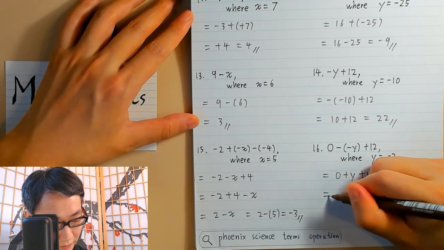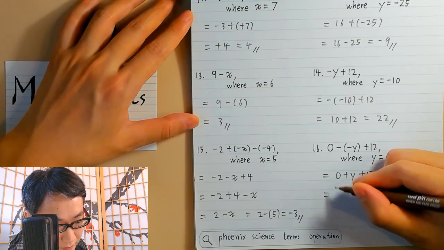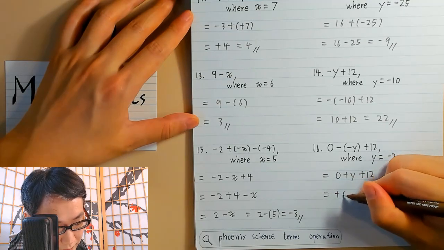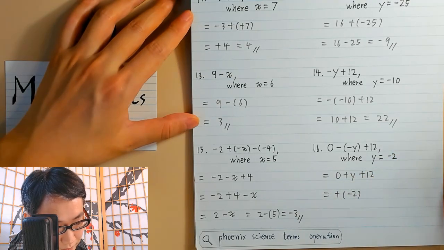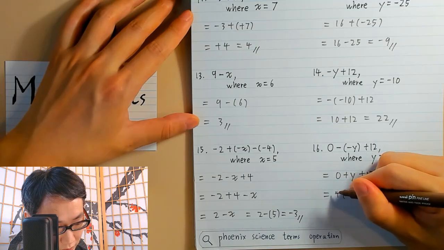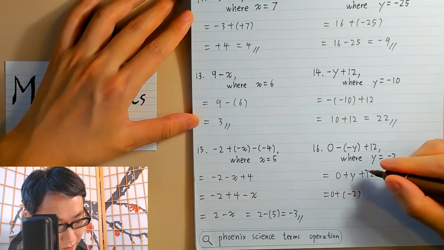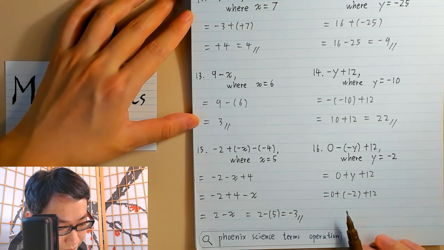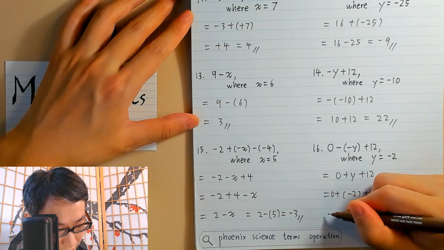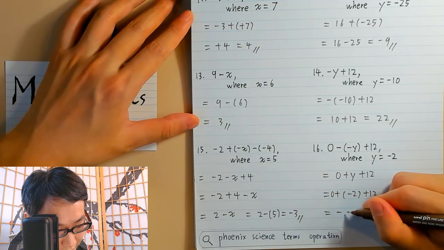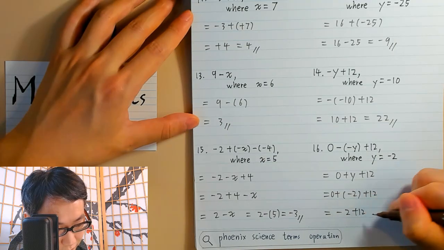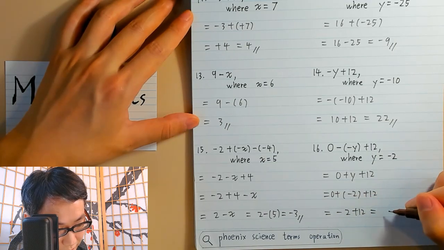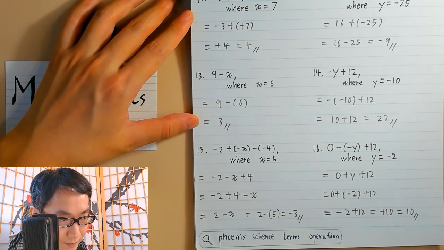And then we have plus negative 2, the 0 again to include 0, okay, just in case. And then 12. So I have negative 2 and positive 12, which gives us a positive 10, or just a 10. Okay,